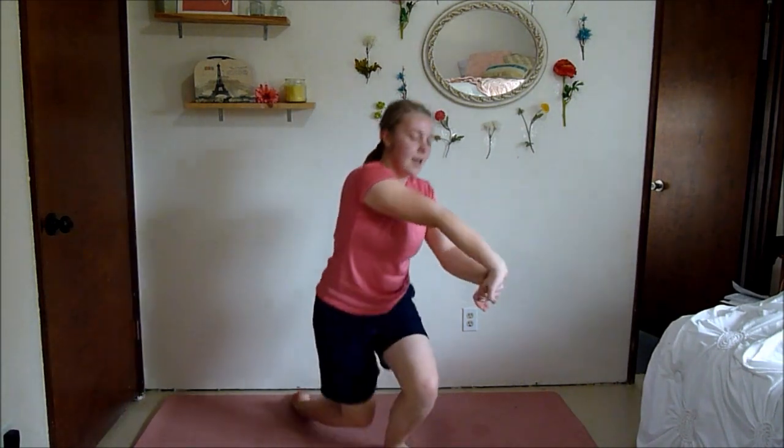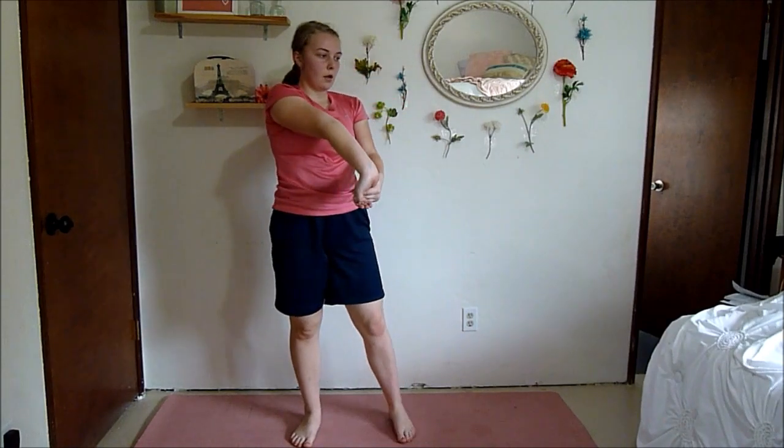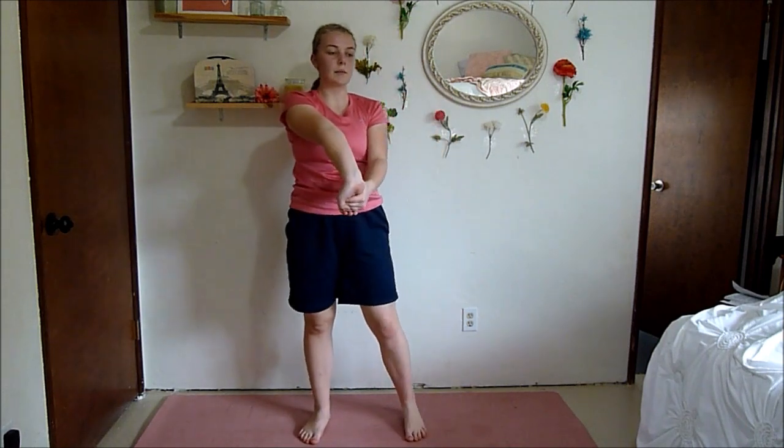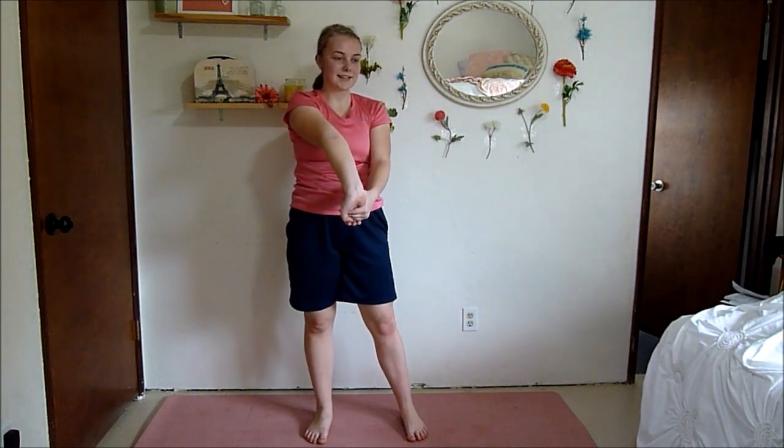Alrighty, so for the next stretch, what I want you to do is grab your palm, not your fingers. I want you to bend it backwards and push your elbow up towards the ceiling. You're going to feel a stretch in your bicep. We didn't work them a ton today, but we did a little bit, about 2 moves. We had those pulses and then the bicep curls at the beginning, and they did get worked. So I think biceps are one of those places that kind of